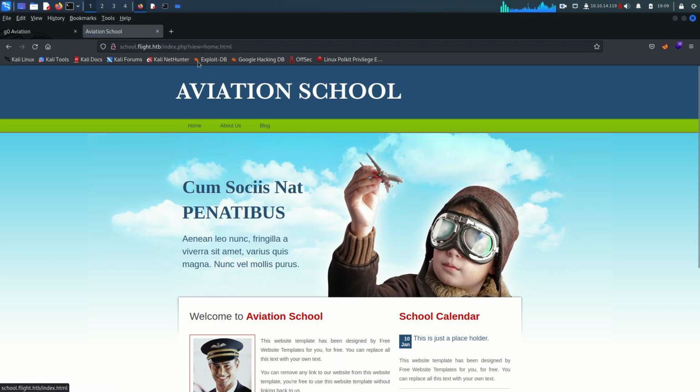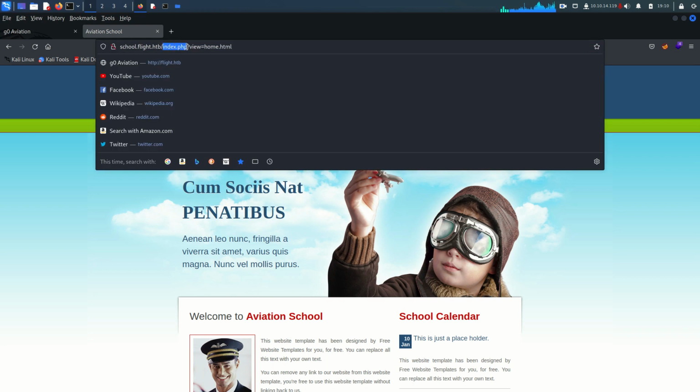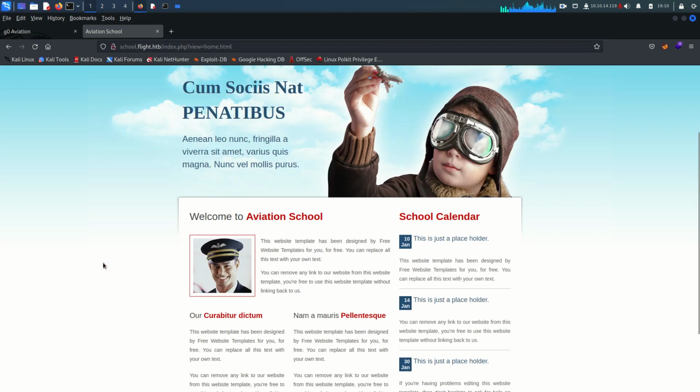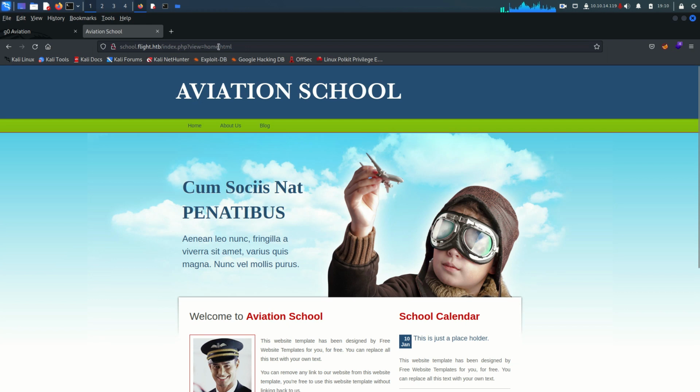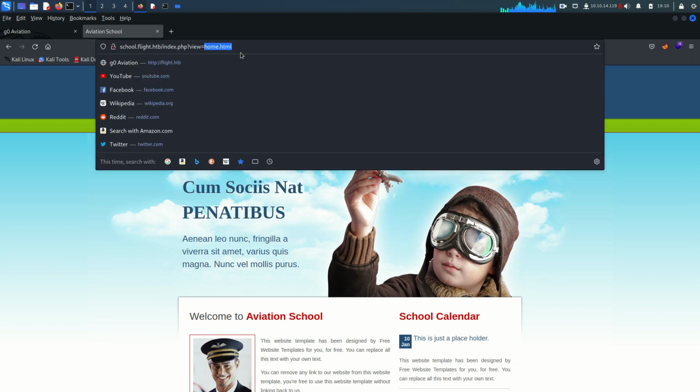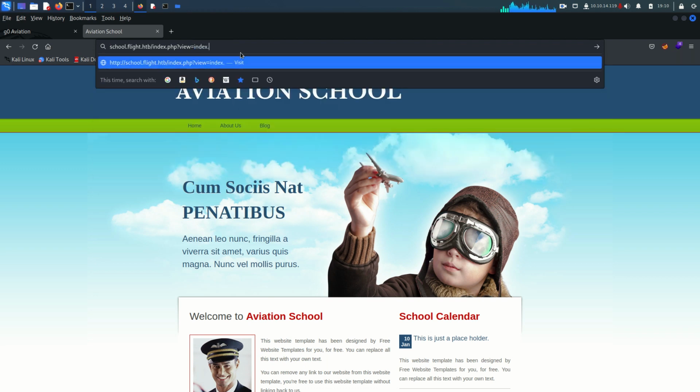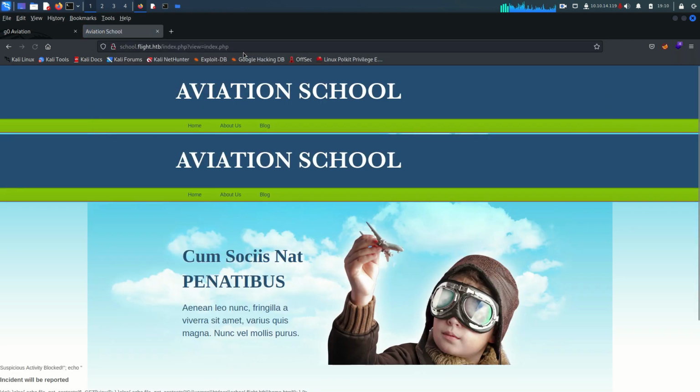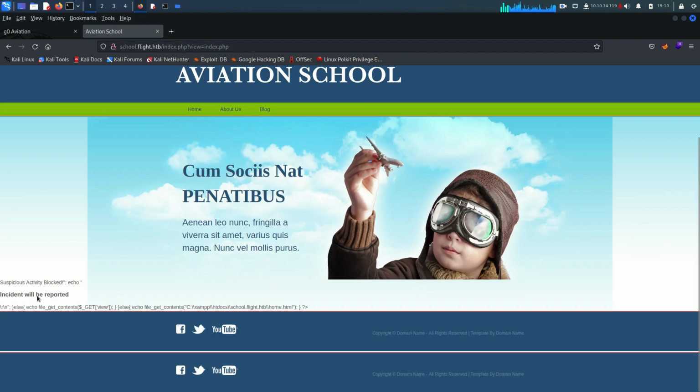like home. So if we click on home, there is index.php, and there is a parameter view, and it's viewing this page, home.html. So when I see this, why not, let's try to read something like index.php, and yeah, as you can see here, there is something: suspicious activity blocked, echo incident will be reported, and there is some code. So I'm going to view the page source,